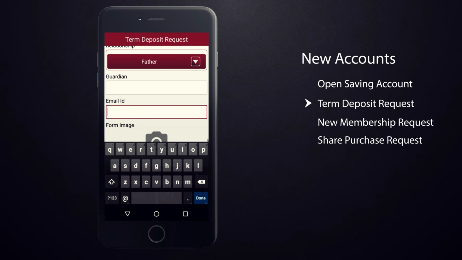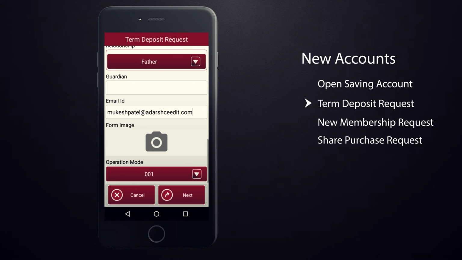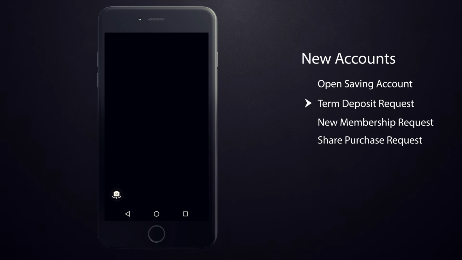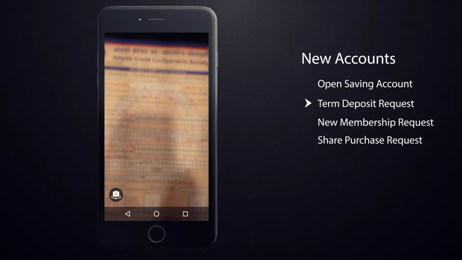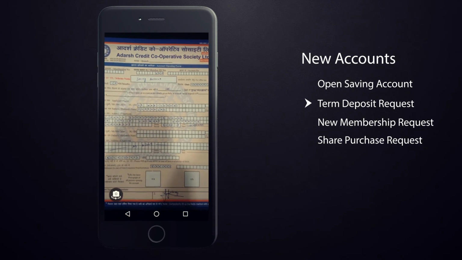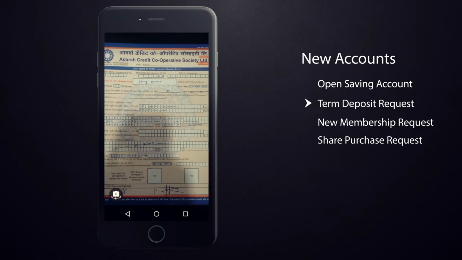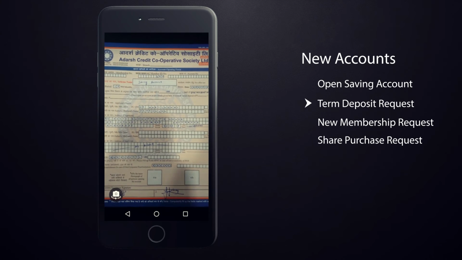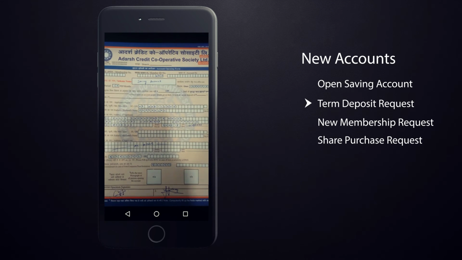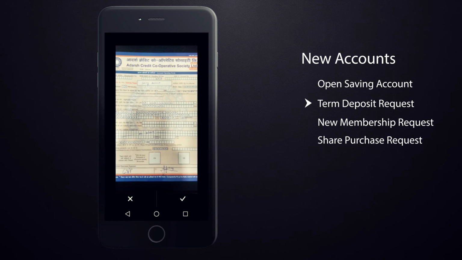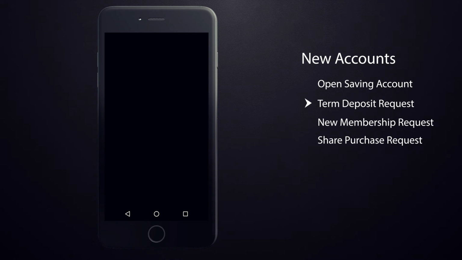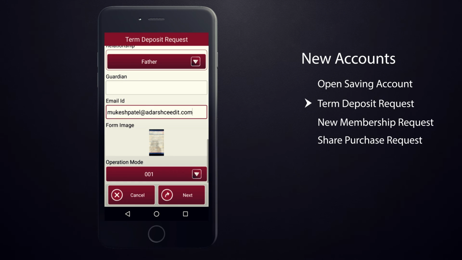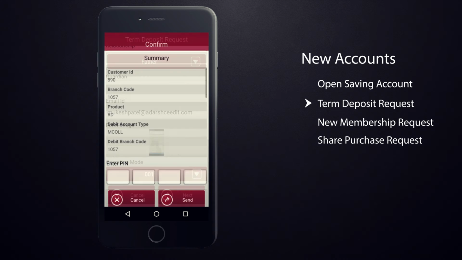Enter the member's email ID. Tap on the camera icon to capture the image of member's account opening form. Select a mode of operation and tap on the Next button to proceed.